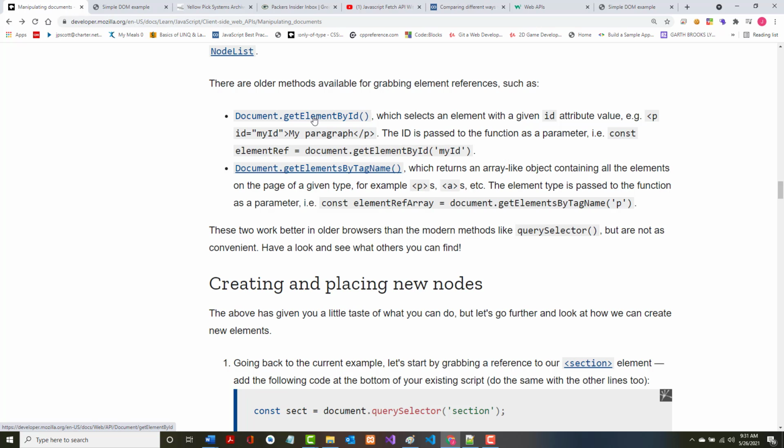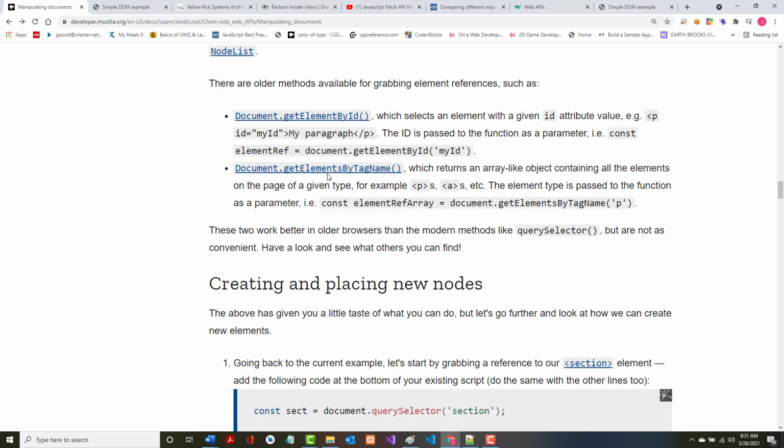Notice by using this, the E in Element is capitalized, the B in By, and just the I in Id. Two things quickly to notice here. First, it's not getElementsById, it's getElement, so it's singular in what it returns. The second is a mistake people oftentimes make is they put the ID both in caps. Just the D is